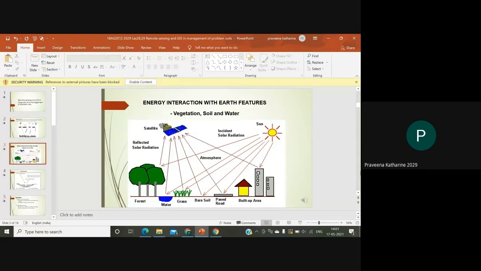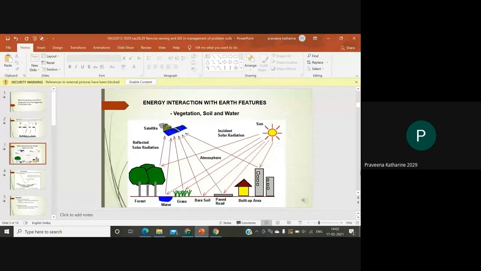Okay, so the energy which is incident on all these objects will do three works. That is, it may absorb that energy, or it may transmit the energy, or it may reflect the energy. Mostly all three will be done. Most of the earth features will absorb some amount of energy, will transmit some amount of energy, and will reflect some amount of energy. And this varies based on each and every feature. Okay,